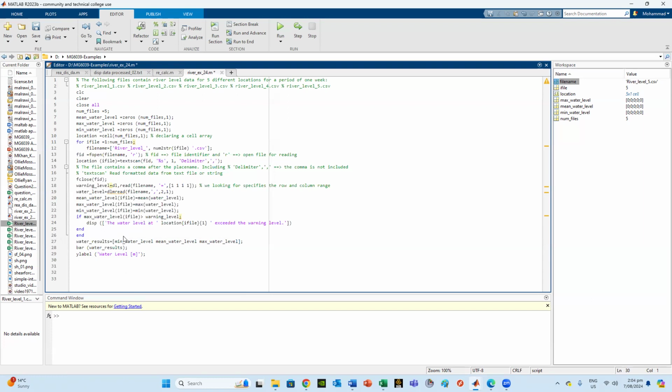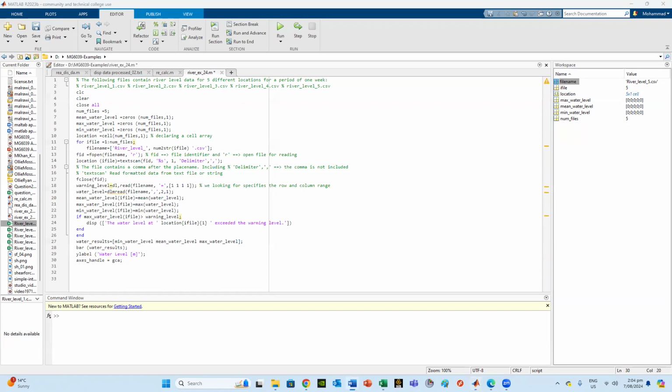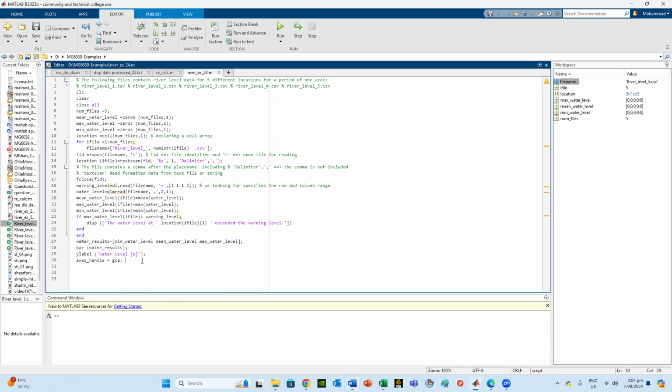So axes handle, I'm going to explain that very soon, equals GCA, which means that one is used to handle the axes for the command, to get the handle for the axes for it, but required to set that value. So we set the value to be axes handle